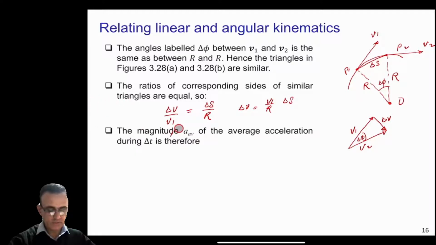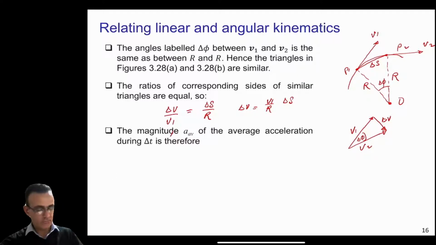So the magnitude of the average acceleration during delta t is therefore